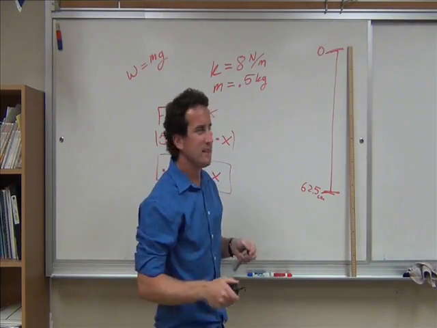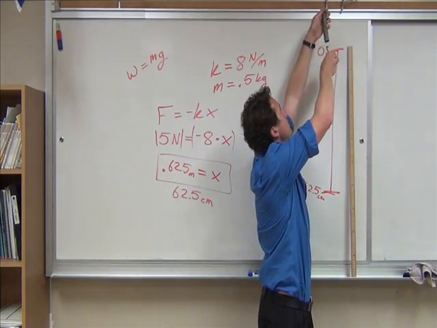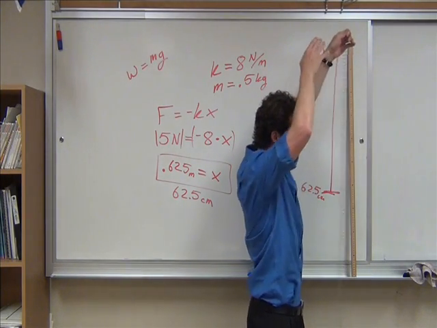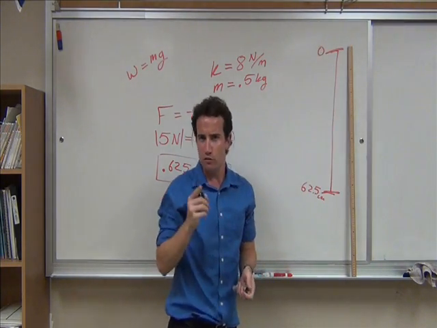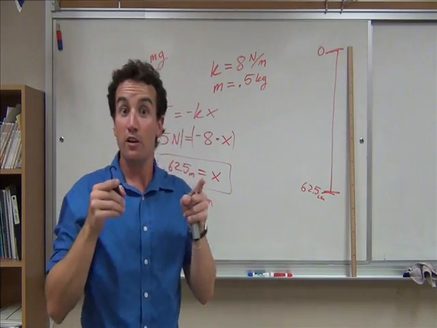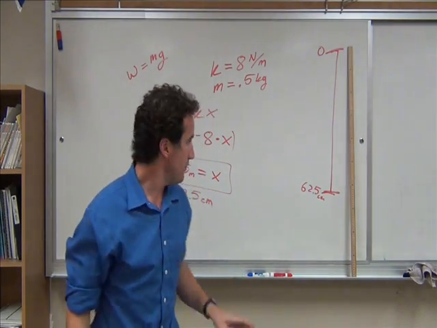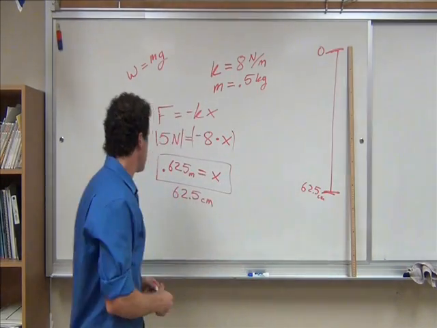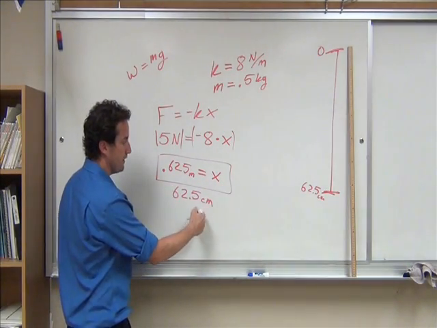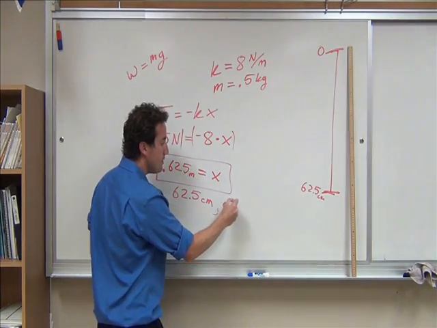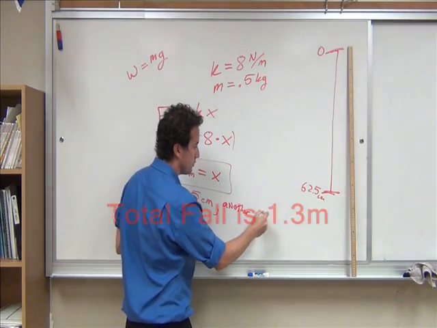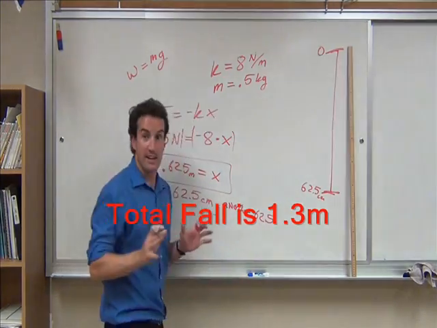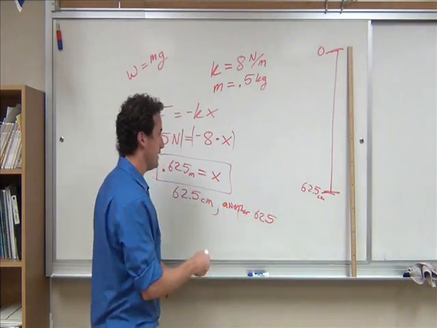Well, we neglected that the mass would have some kinetic energy when it got there. That is, it would already be moving. It would fall to 62.5 and through 62.5. It would fall twice as much. The mass falls to 62.5 and then it falls another 62.5. Then it stops and bounces back up